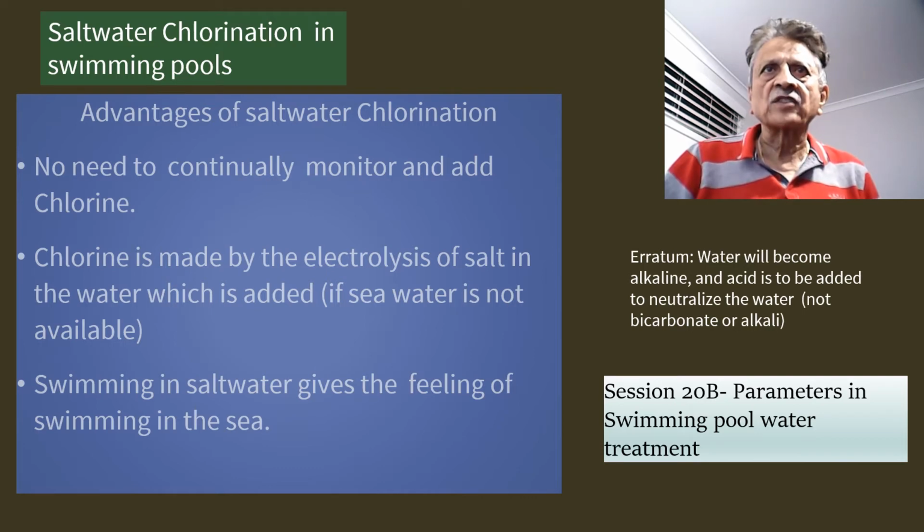The chlorine is obtained from the sodium chloride that is added in the swimming pool. When the chlorine is depleted, quite obviously what's left over will be the sodium hydroxide, which turns the water alkaline, and therefore it may be necessary for us to add some sodium bicarbonate or a mild alkali in order to